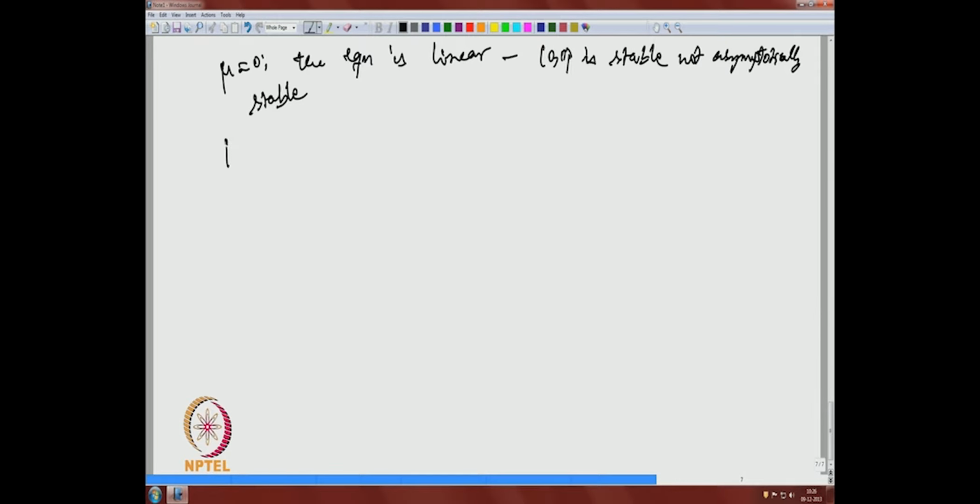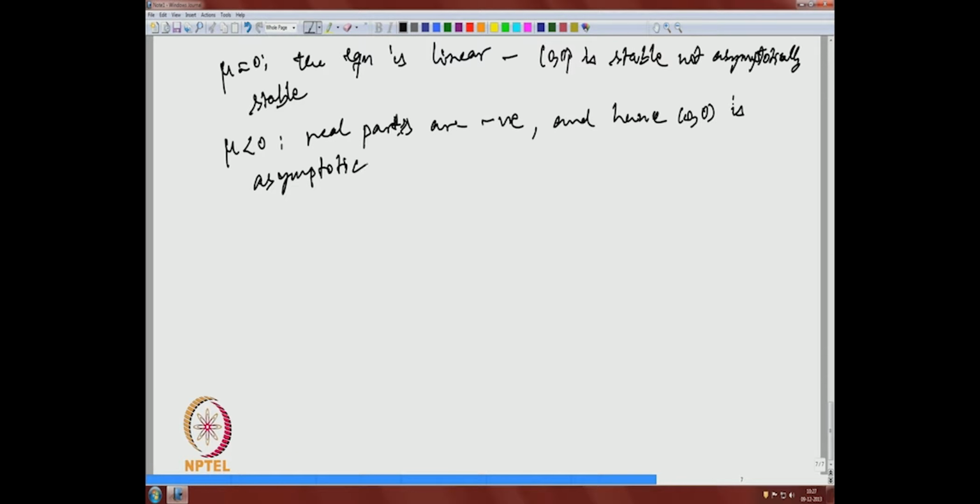And mu less than 0, so the real parts are negative, and hence 0 is asymptotically stable. So, as I said in the beginning, mu positive is the interesting case, and we will see that